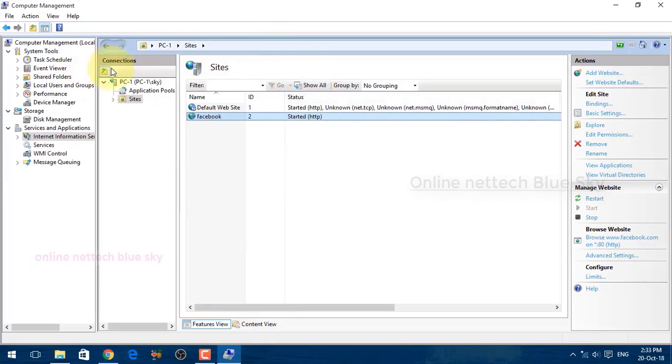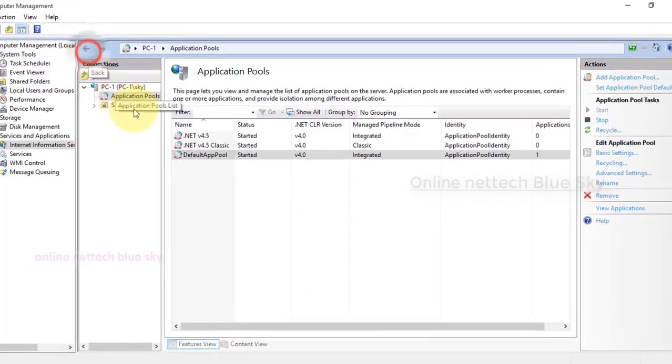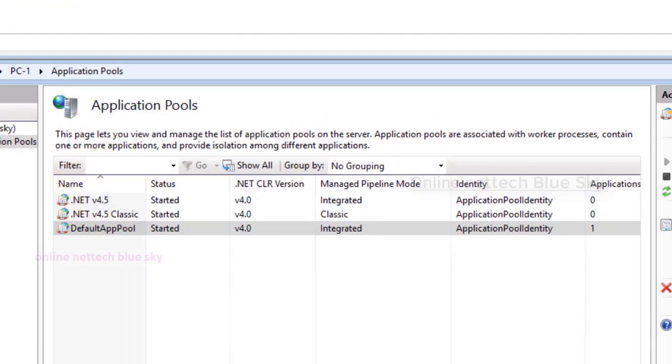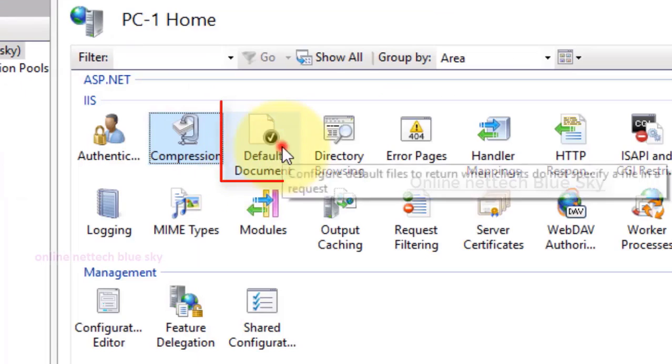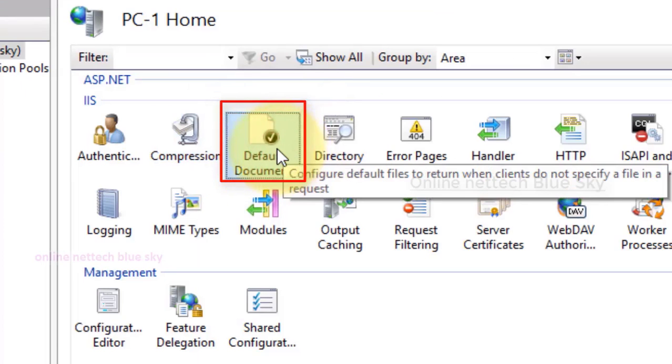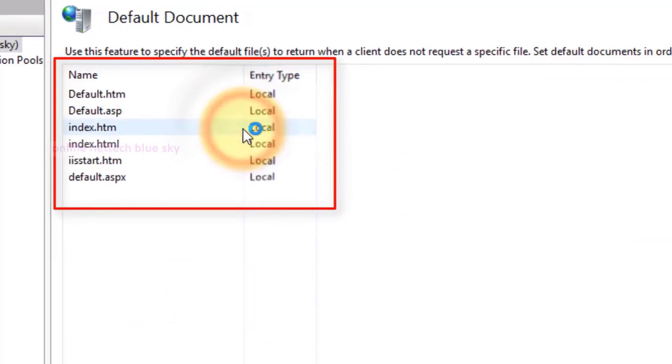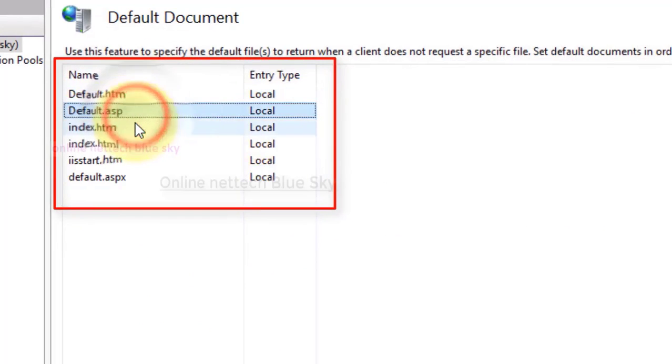And by default, you open any of your IIS services here. The web server always tries to find your website by your IP address. So the default document is set first here. The default document means what your website opens by default, in HTML, ASP, PHP, or another first main page.